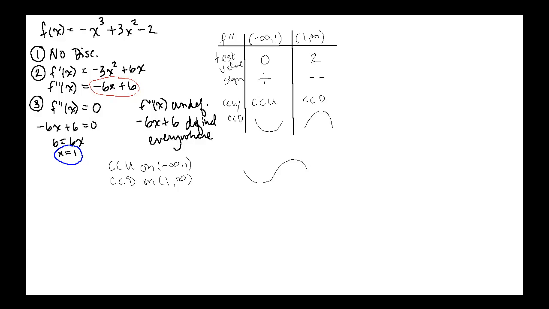Let's try another. This time we're asked to find our points of inflection. Remember, points of inflection are places where we change direction of our concavity. Remember, relative extrema is where we've changed direction in our graph, from increasing to decreasing, or decreasing to increasing. Points of inflection are places where we change curvature, where we're curved up or curved down. So we're going to do that same process that we just did. We're just going to add that one step of analyzing, do we have a point of inflection or not?